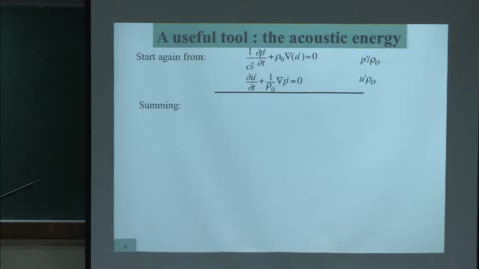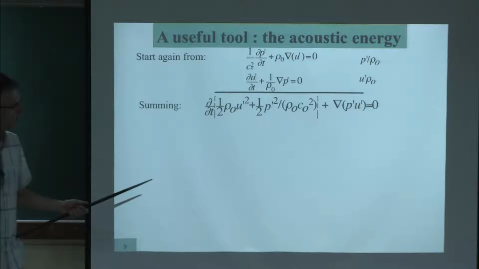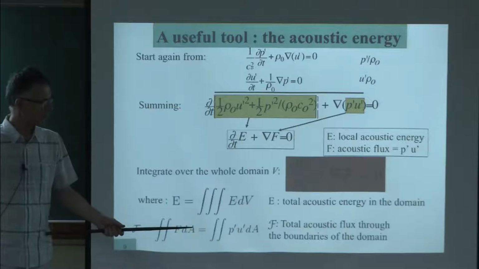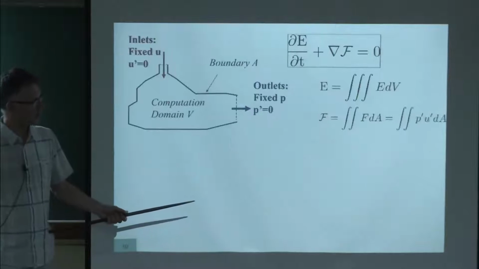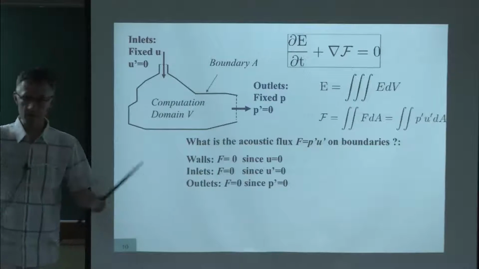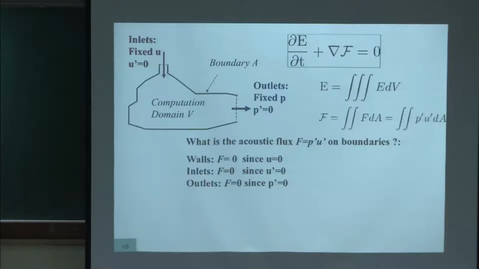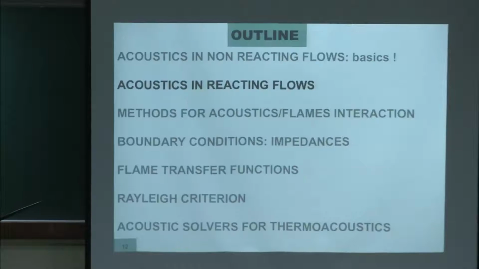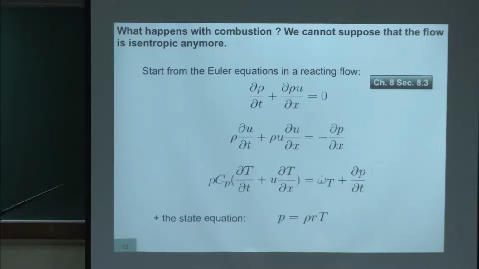Now, I've already described this yesterday or the day before. This is the energy equation for a non-reacting flow. I've told you that this thing was not changing in these systems where you have simple impedances. I was using this demonstration yesterday for CFD, but now I want to extend it to do the same thing for flames.